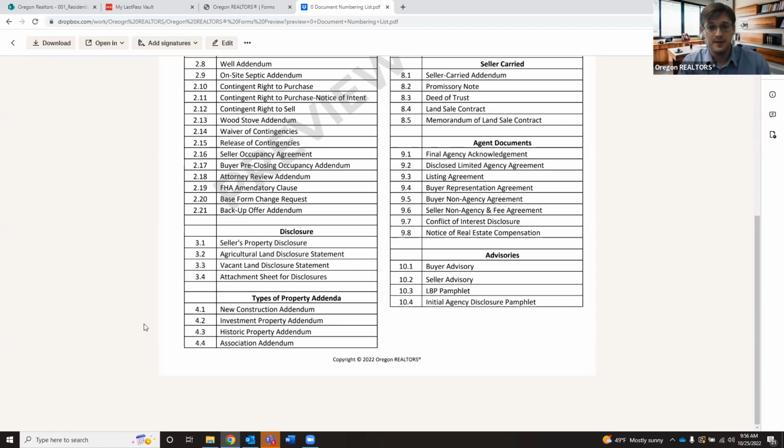While wandering through the documents, essentially our understanding and the task force's understanding when we created these is most of the information that is covered in those purchase and sale agreements is better addressed as an addendum. So rather than having a separate purchase and sale agreement, it is a residential property that is a new construction. So you'd have a residential purchase and sale agreement, and you would also have the new construction addendum for that. And so